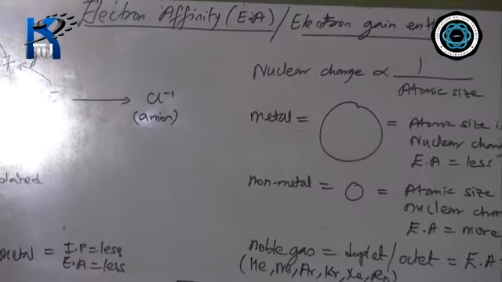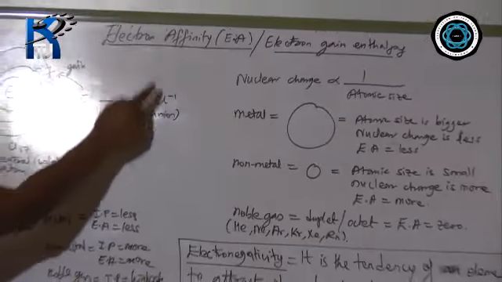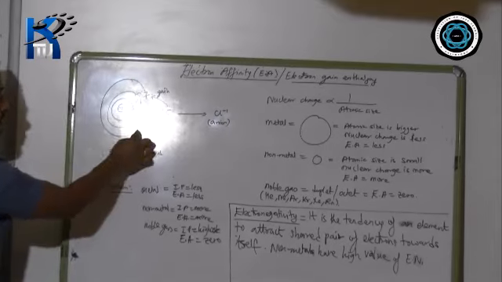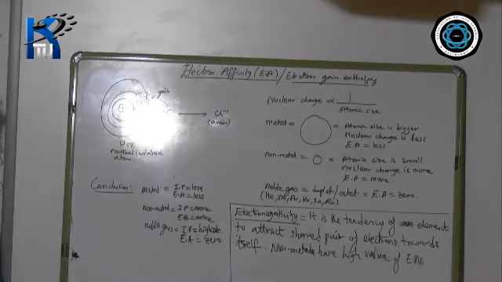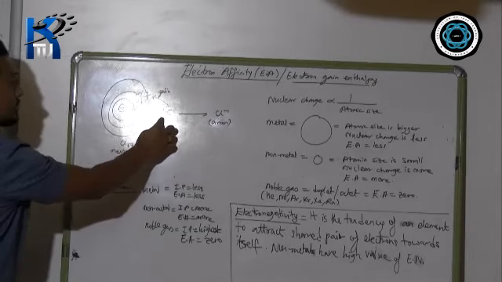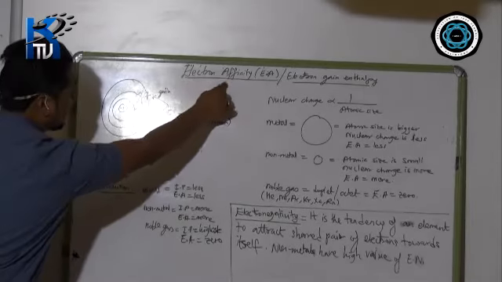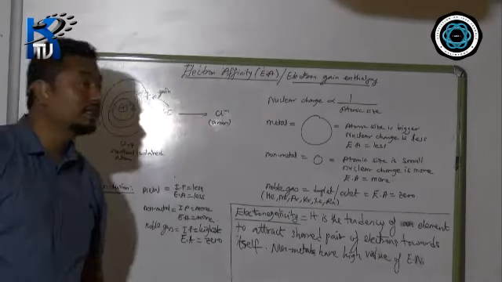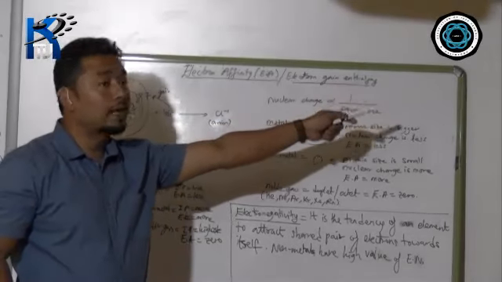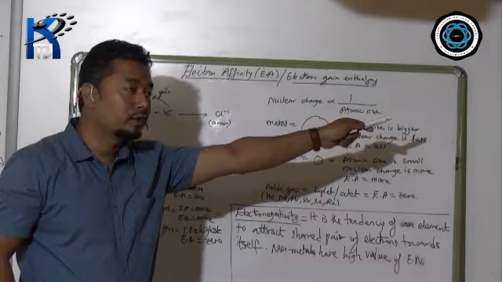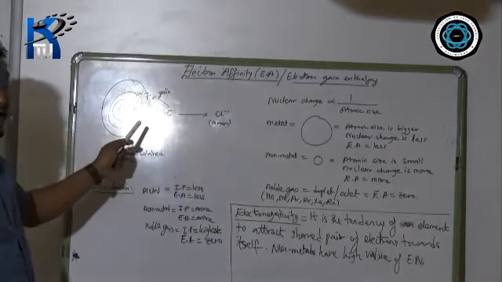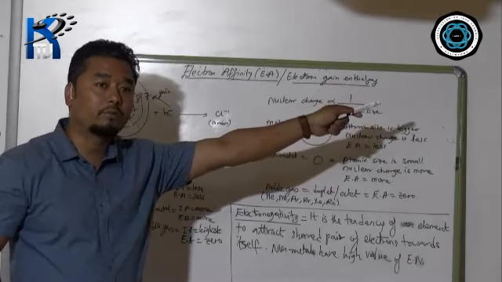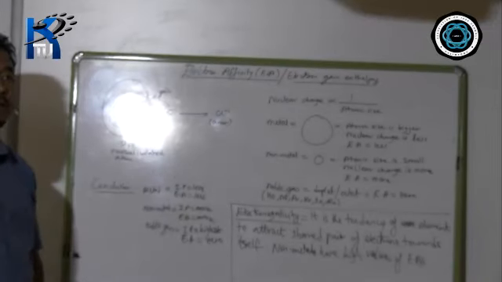affinity. So what will be the definition then? Define electron affinity. It is the amount of energy released when an electron is added to the outermost shell of a neutral isolated atom. And when an electron is added, it will develop a negative charge. So due to electron affinity, anions are formed. One of the major differences between ionization potential and electron affinity is that ionization potential is the amount of energy required to remove the electron from the outermost shell, and electron affinity is the energy released when an electron is added to the outermost shell. Next point, due to ionization potential, cations are formed, and due to electron affinity, anions are formed.